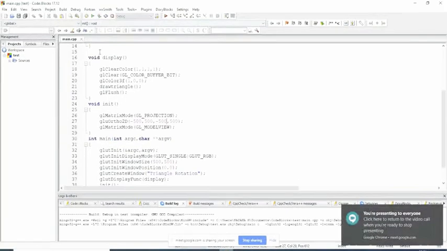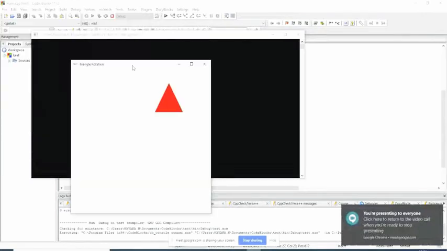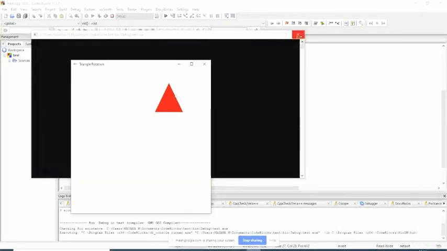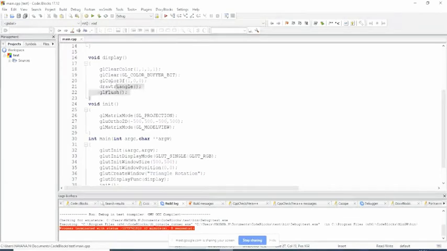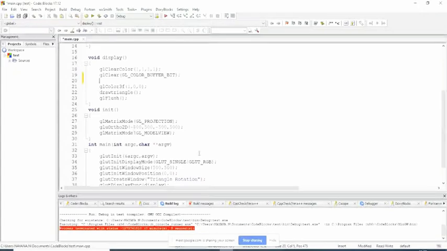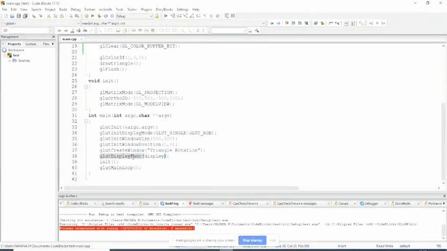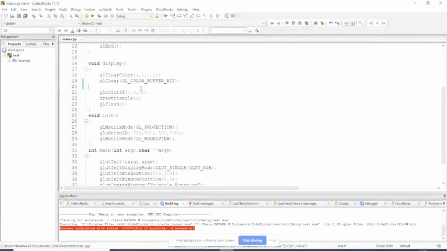So you see, this is a simple triangle program. It has drawn a triangle on the screen. That's it, I have just drawn a triangle. And then I have registered only one event here, called the display function. This display function has to be executed whenever display changes happen, or whenever display related or window related activity occurs. Let's see how many times it is executed. I will print hi every time the display function is executed.